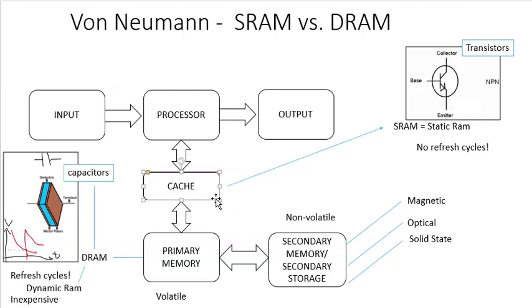It's much smaller but more expensive than primary memory, but a heck of a lot faster, for no other reason than the fact that there are no refresh cycles, and therefore the CPU, the processor, doesn't have to wait for the memory to finish doing one of its refresh cycles. Another thing to be reminded of is that even though cache is considerably faster than primary memory, relatively speaking, secondary